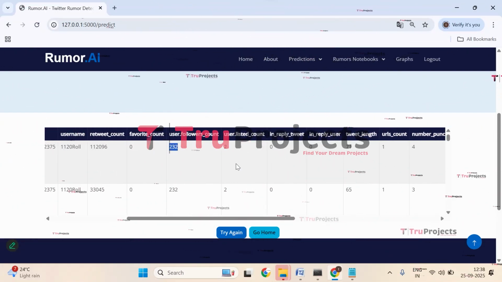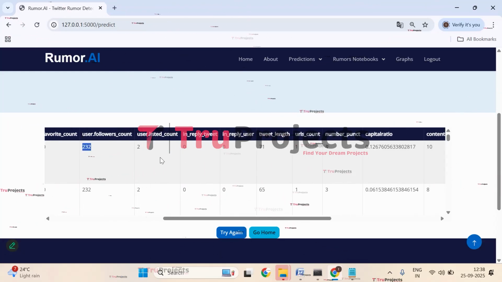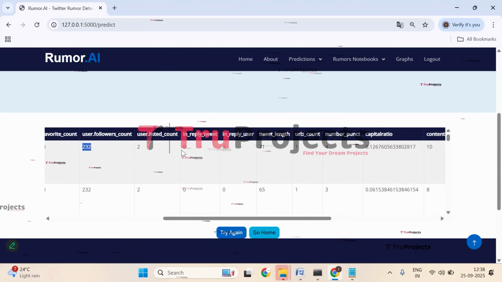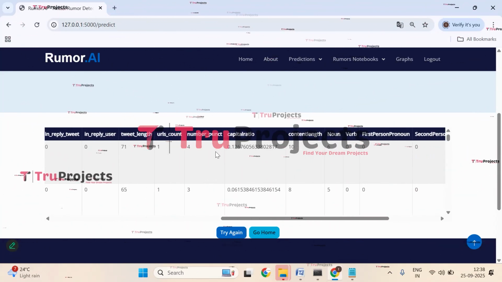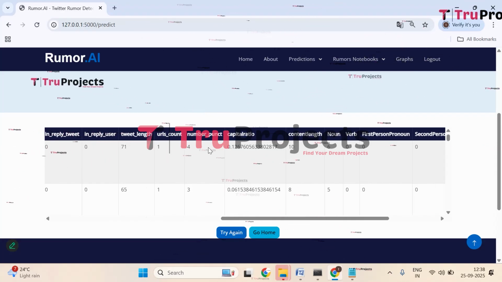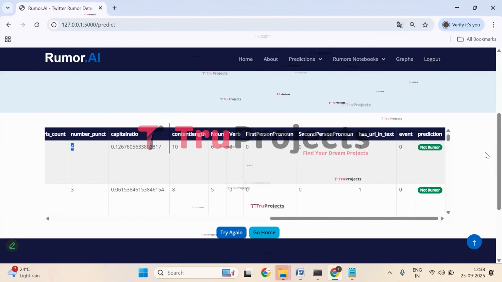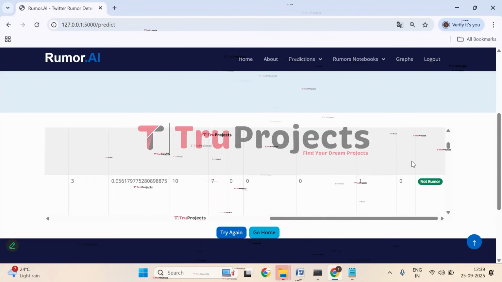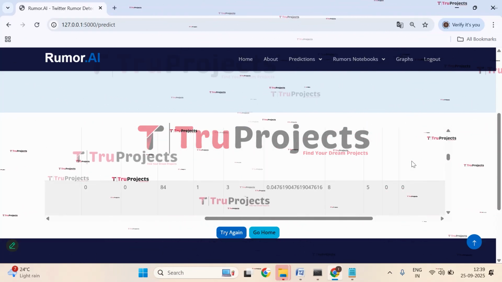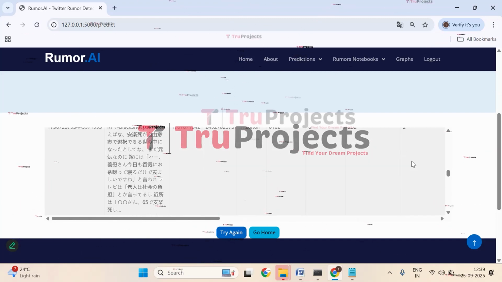Number of followers for that account is 232. Here we have user listed count, that is 2. In reply tweet is 0, and then tweet length is 71. URL count is 1. Number punch is 4, and here we have capital ratio. So here we have predicted as not rumor. And here you can see all the predicted cases for all the given 4 tweets.